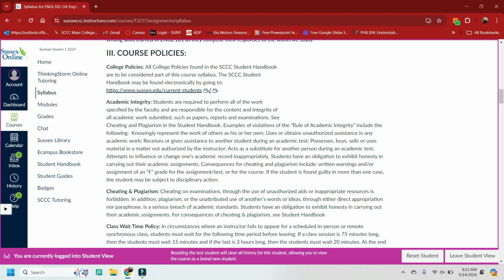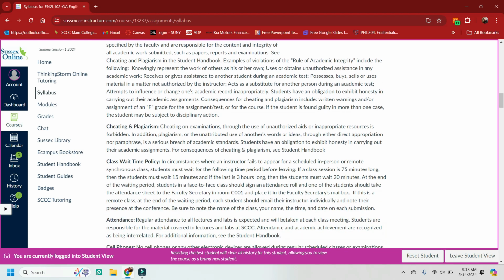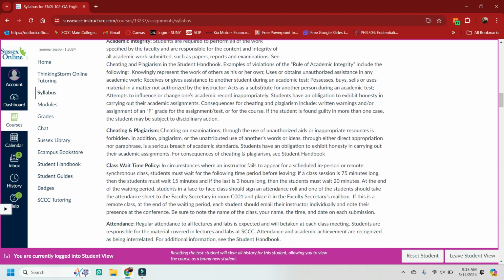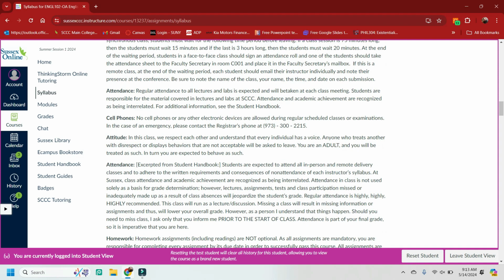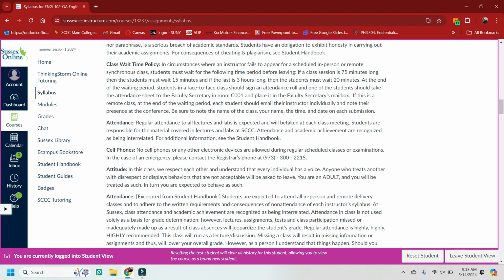This is the class wait time policy as well as the late work policy and attendance. I'm going to sum all of this up into one. The way that I have this course designed, it is essentially a work at your own pace course.